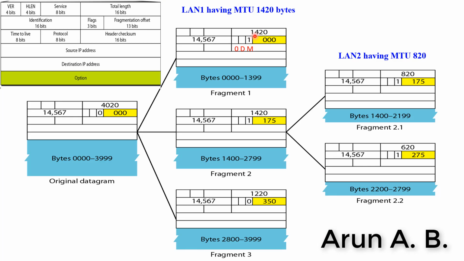Similarly, we have one more subsection in this problem. Assume this second sub packet will be fragmented again because it is flowing through LAN 2, which has a maximum transmission unit size of 820. That means the 1400 has to be subdivided so that it passes through a router which will allow only 800 bytes of packets to flow through.